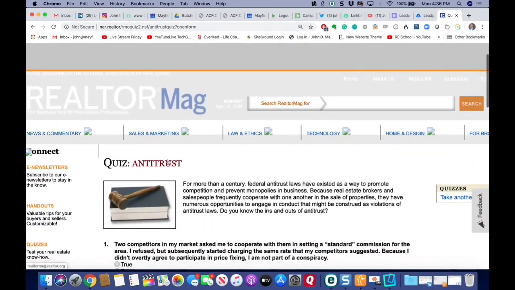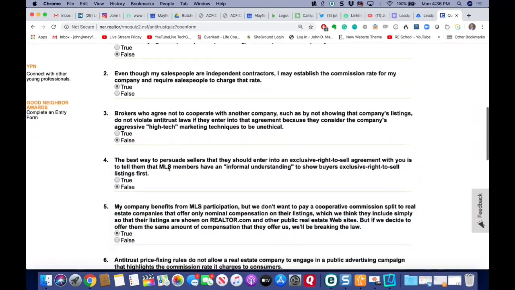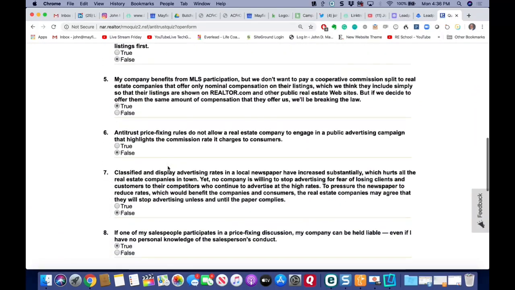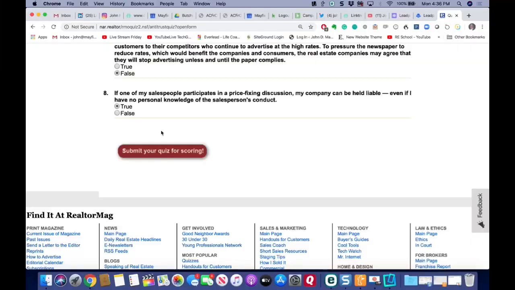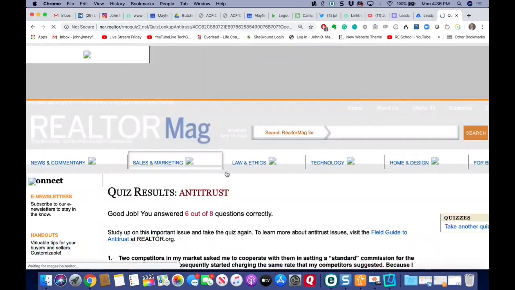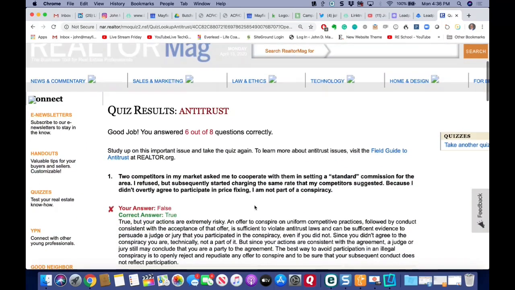Wow, these are tough. So nobody's going to be really upset if I don't do well on this. These are hard. Okay, let's go press the magic button and see what we got. I have no idea. Some of these were really challenging. I should know, I guess, but 6 out of 8. Well,